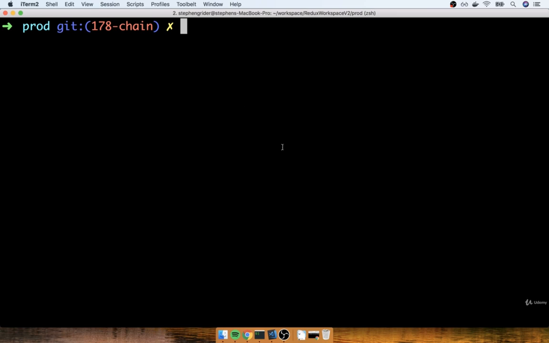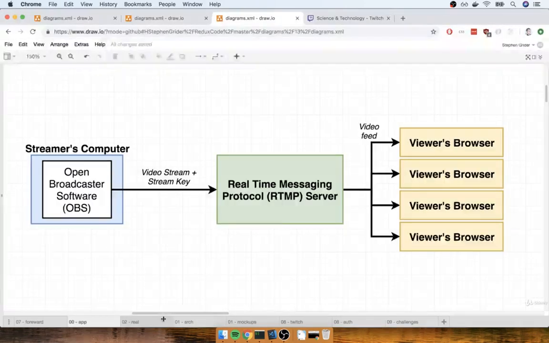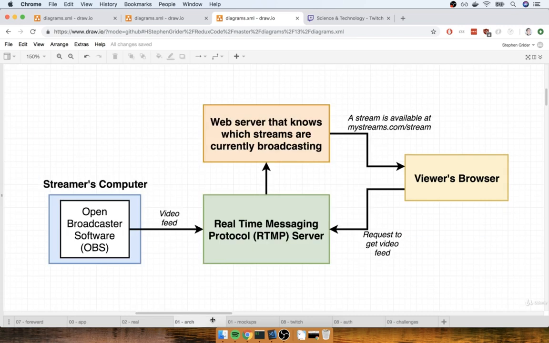Inside of my workspace directory, I'm not going to generate a new React project right away. We're going to eventually have a couple of sub-projects inside of a single directory. We're going to have separate project folders for the React application, for our RTMP server, and for the API server that lists the different streams that are available as well. So we're going to have separate project directories for each of these.